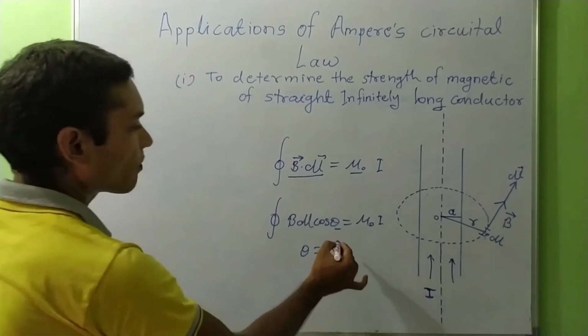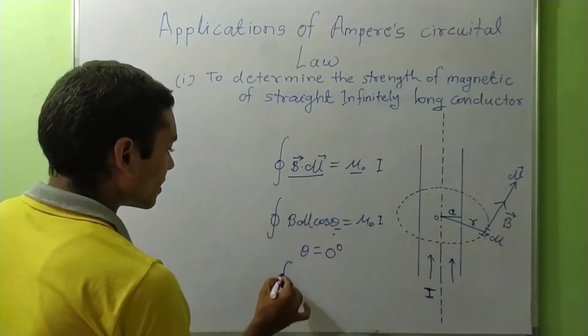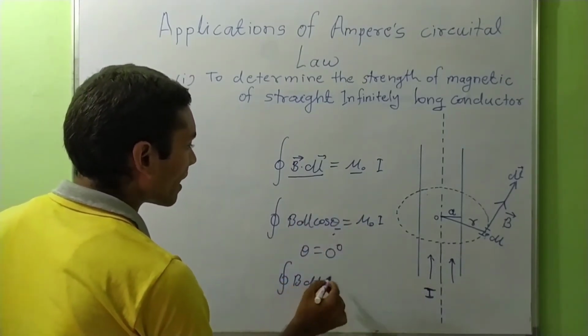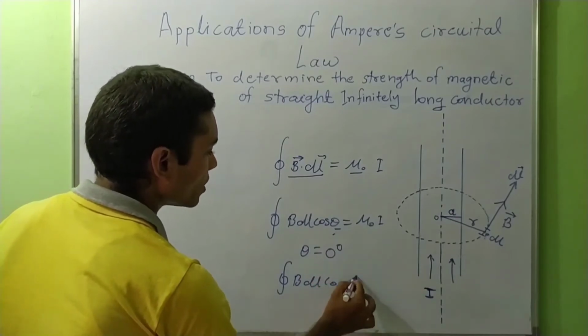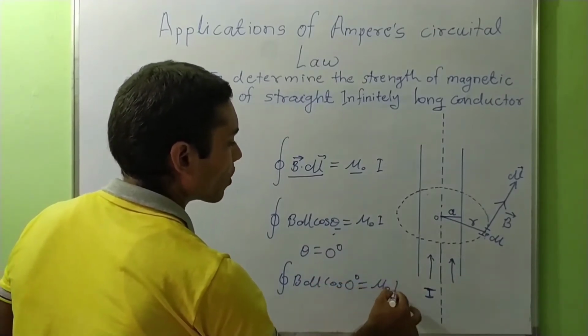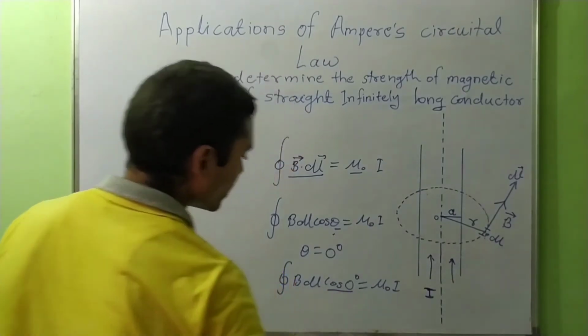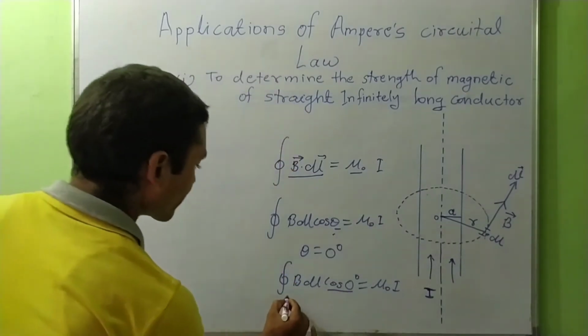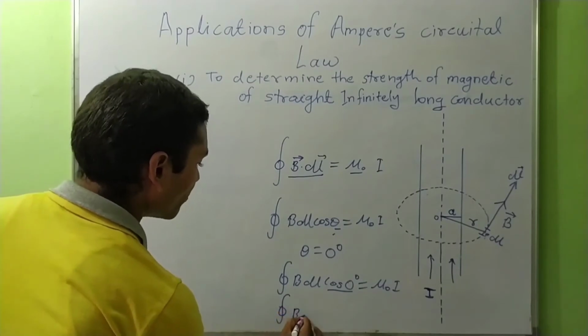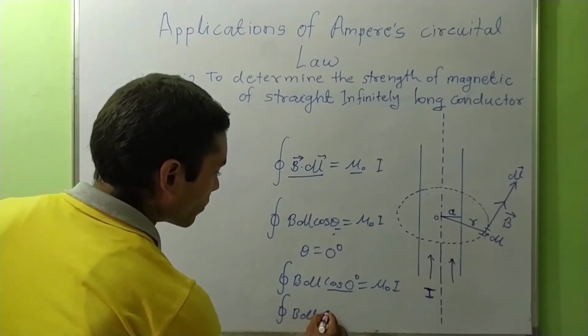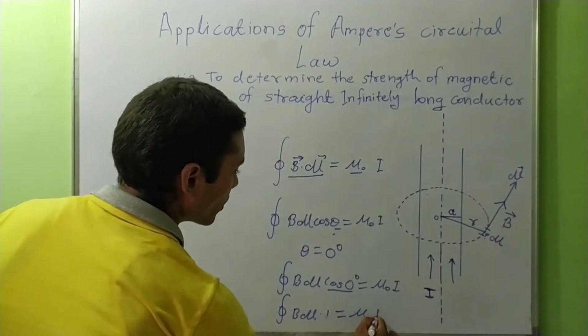On putting the value of theta in this equation, B dl cos 0 will be equal to mu naught I, but you know that cos 0 degree is equal to 1. So B dl into 1 will be mu naught I,